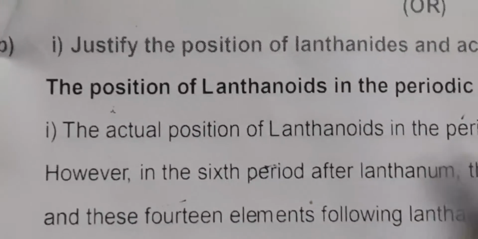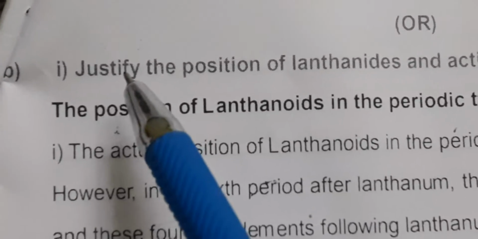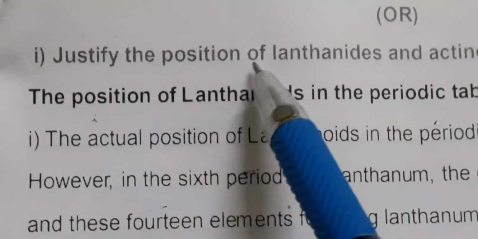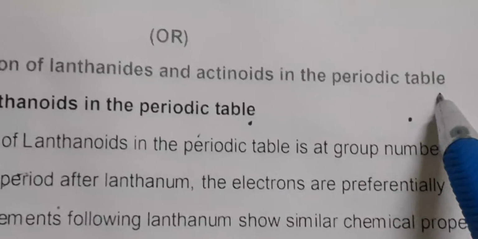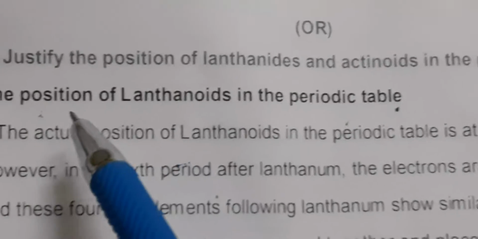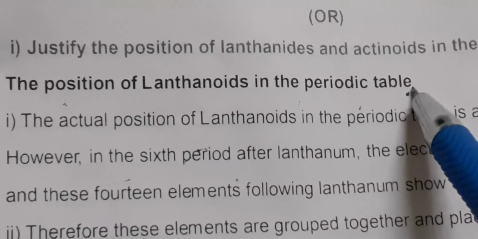Students, இன்னைக்கு நம்ம பார்க்க போகிறது ஒரு 5 mark question, that is 31B. Justify the position of lanthanoids and actinoids in the periodic table. ஃபஸ்ட்டு நம்ம பார்க்க போகிறது the position of lanthanoids in the periodic table. Periodic table பார்த்தீங்கன்னா,